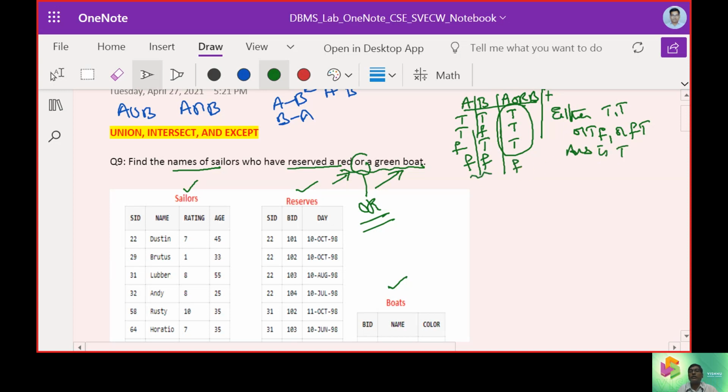Only when both are false, the answer is false. That is the case where we are going to use this union concept in this scenario.